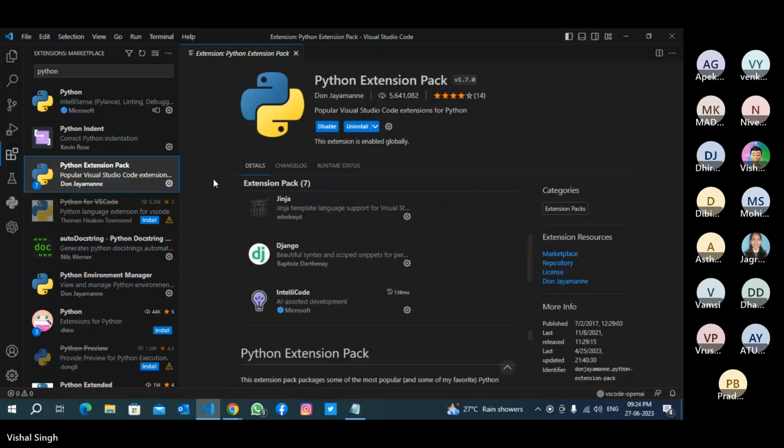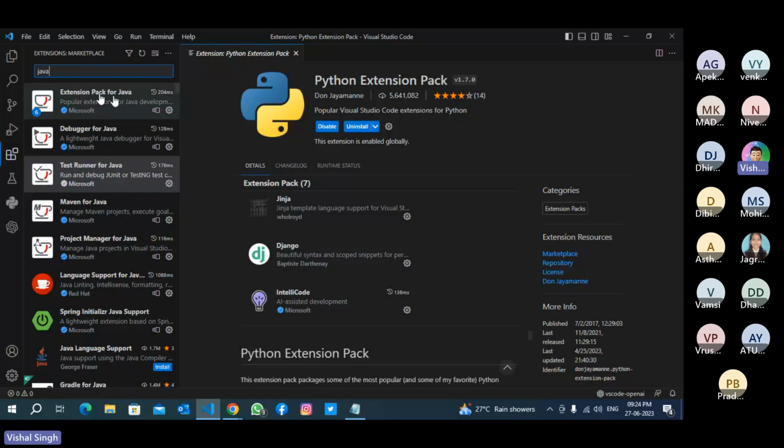Okay. So if you are working on Python, you have to install this Python extension pack. If you're working on Java, you have to install the extension pack for Java. That's all. Now,